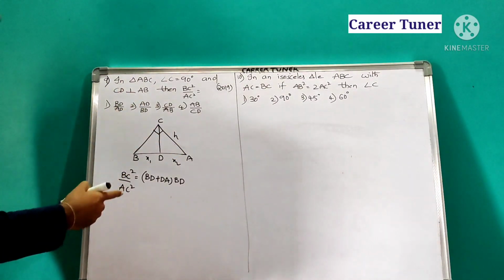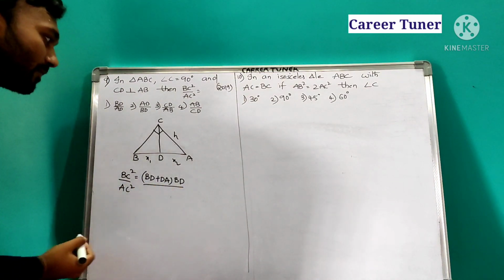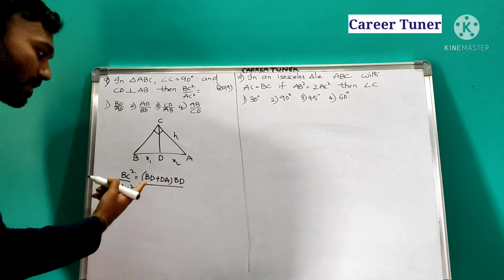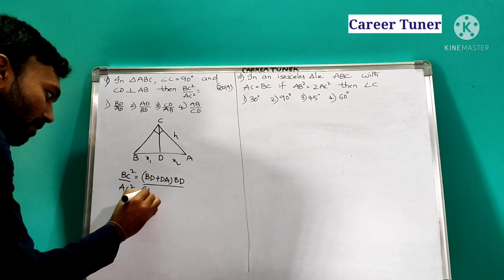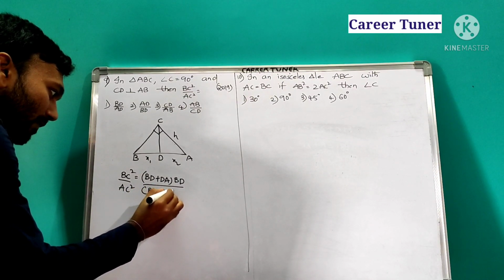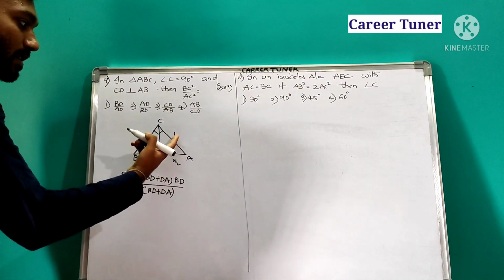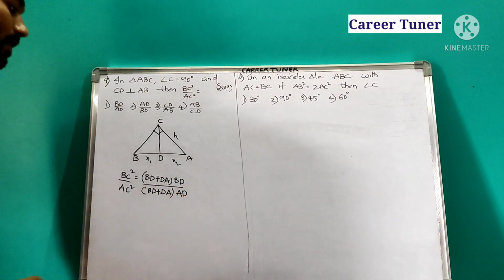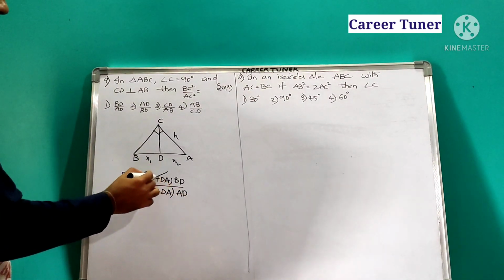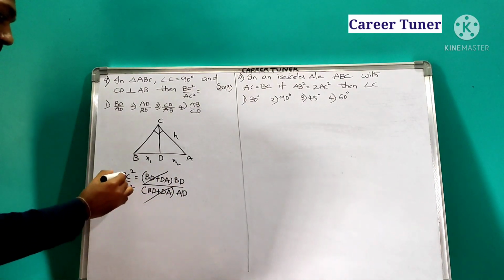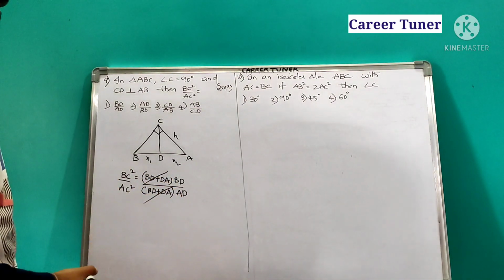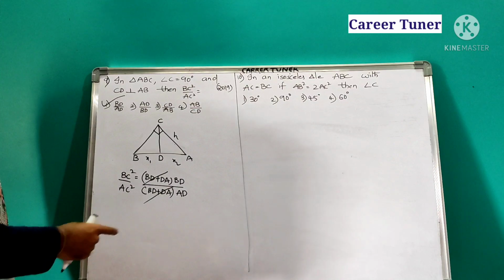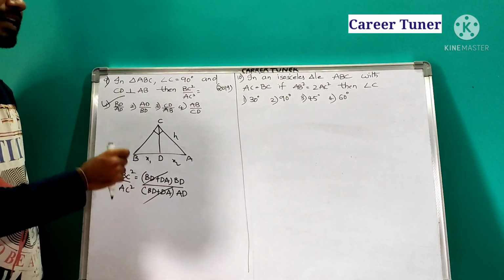If there is h, lastly we have seen what was the condition? So if h is here, h square becomes AC square. AC square is equal to x1 plus x2 we have seen, that means BD plus DA into, this is on which side, this side, so extra we multiply with x2, that x2 is nothing but AD. Now within this expression BD plus DA gets cancelled. So what is the answer? BC square by AC square is equal to BD by AD. So first option. In the last problem I have given you the 3 diagrams related to this. Please observe it so that this problem will get easier for you.